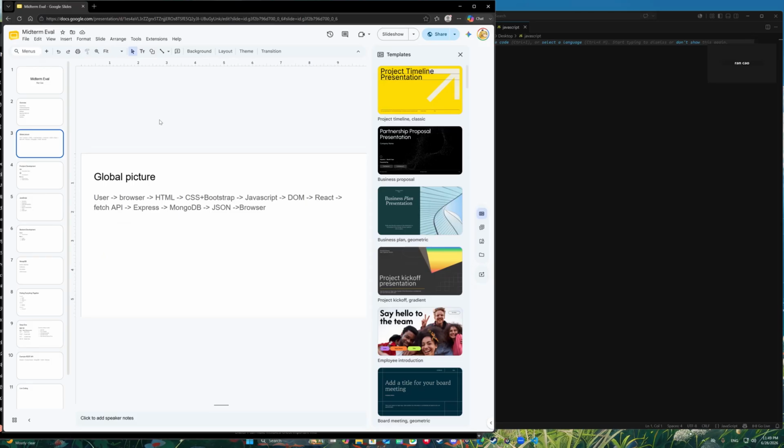So in a global picture, let's begin with the overall workflow. Imagine that you are a user. Let me take an example: when you open a website, let's say a restaurant finder. The first thing your browser downloads is the HTML document. The HTML document defines the structure of the web page by creating headings, buttons, images, forms, etc. Then next, CSS and Bootstrap will apply and improve the appearance, the style of the web page,